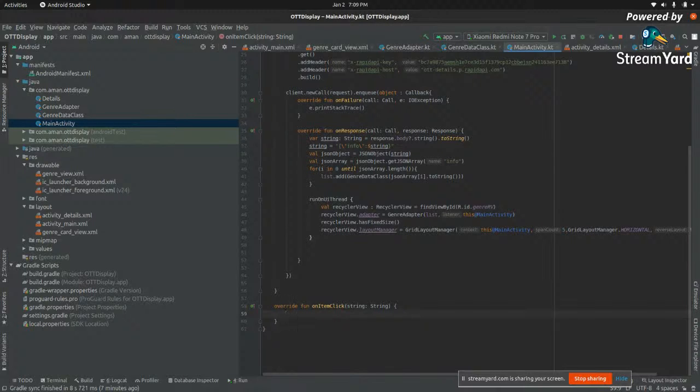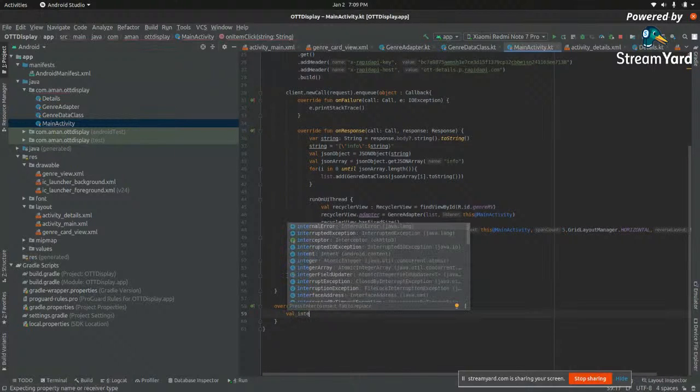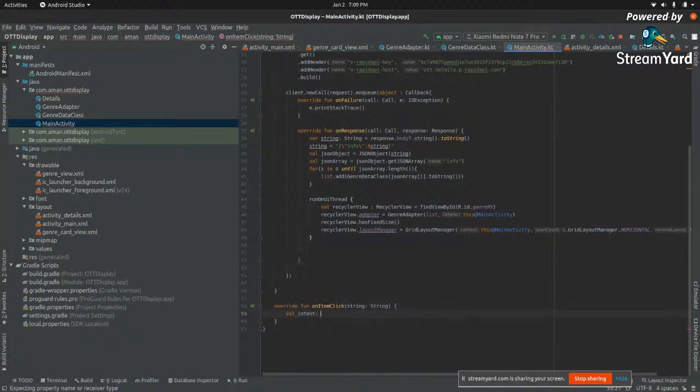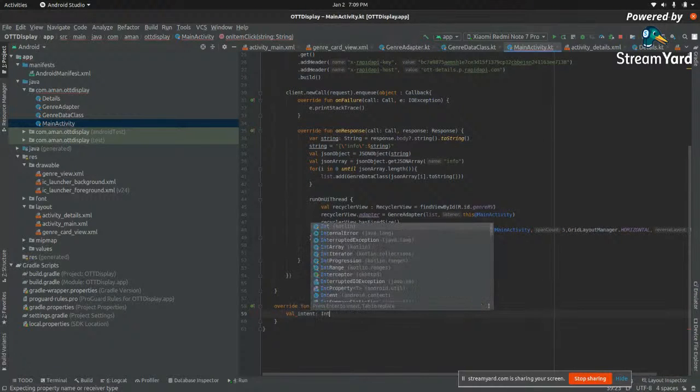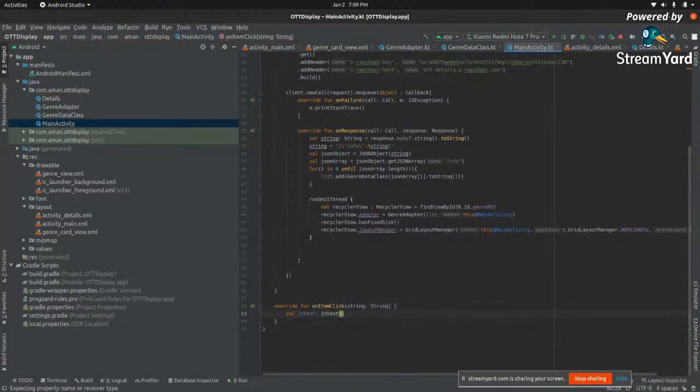So we can do it like a val intent, and over here we need to pass this activity, right? And the activity we want to call is called